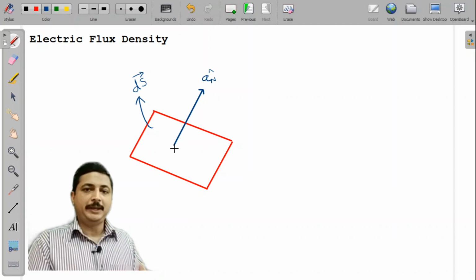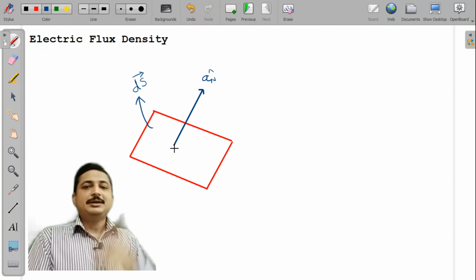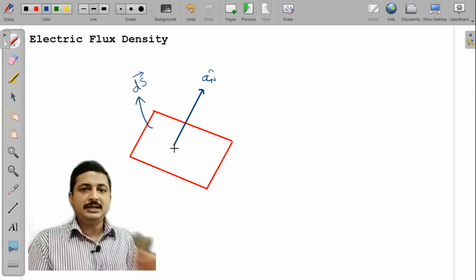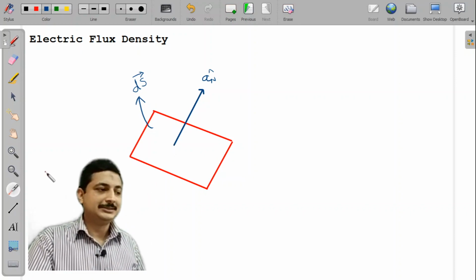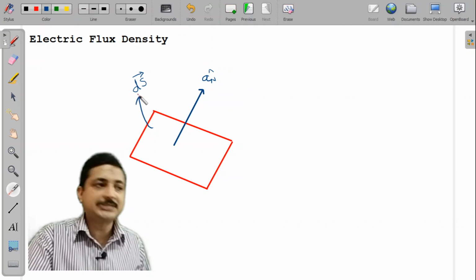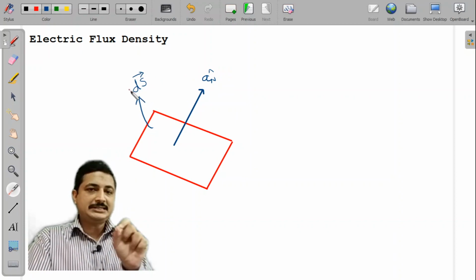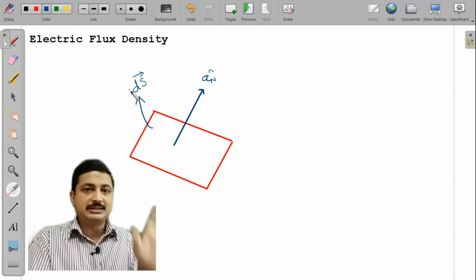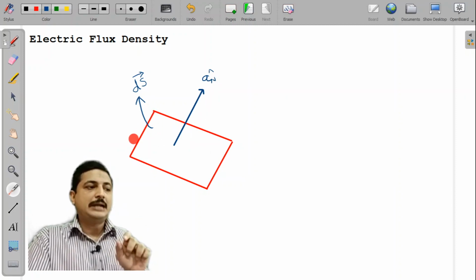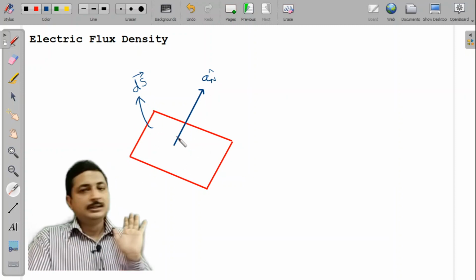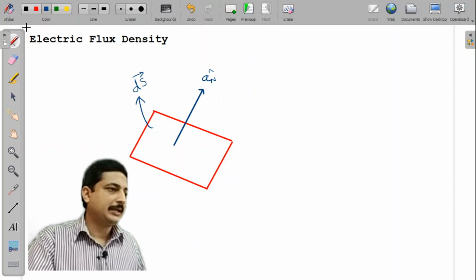You can consider the xy plane. Then where is this ds? Normal to the xy plane. If you consider the xz plane, where is this lying? Normal to that. Who is giving that idea? This a n cap is telling you that. That's why this is a vector. I hope that is very clear. If I just write ds, I will not understand where this surface is lying. Now, since I represent that this is a n cap, I understood that this surface is held normal to the plane.